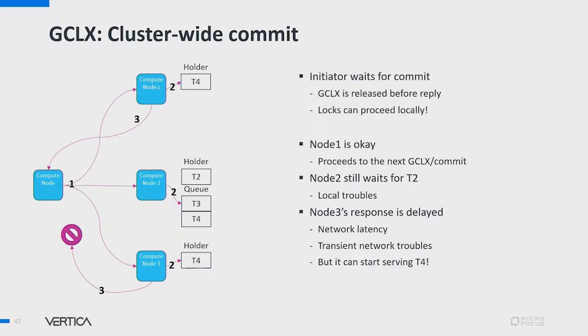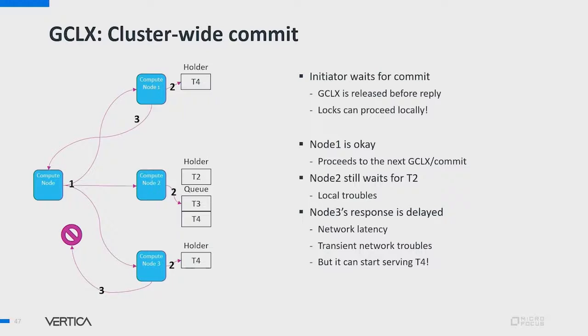GCLX can be taken during commit as well. And the main difference here is that the commit is a control message that is sent in a totally ordered way to all the nodes in the system. So it's perfectly safe, perfectly consistent to make taking GCLX part of the commit routine. The main difference here is that GCLX can be taken and freed during the operation without sending the reply back to the initiator, because the commit is the ultimate operation of the transaction. So no locks have to be